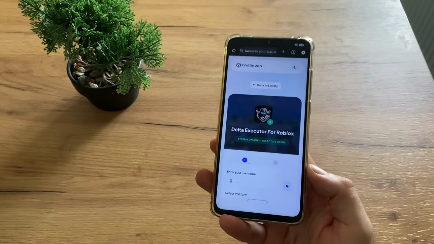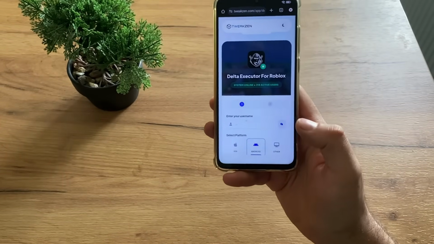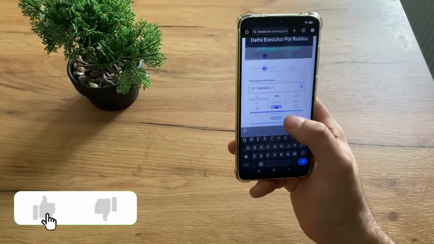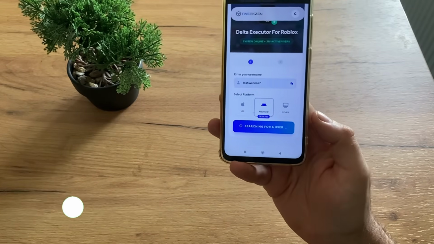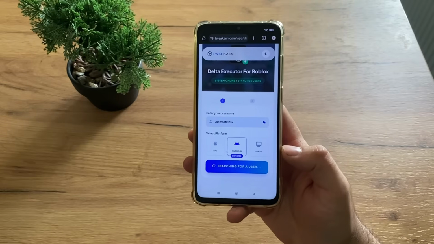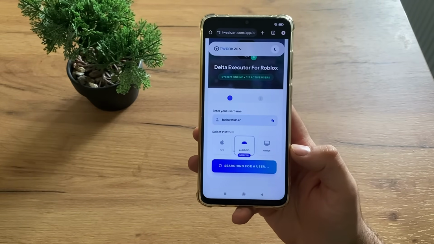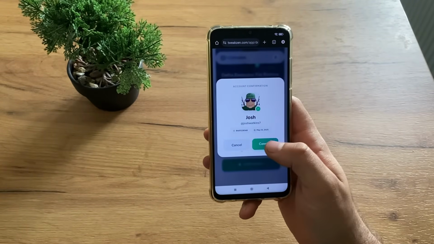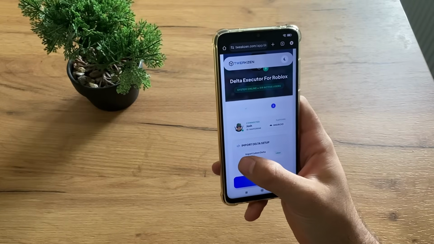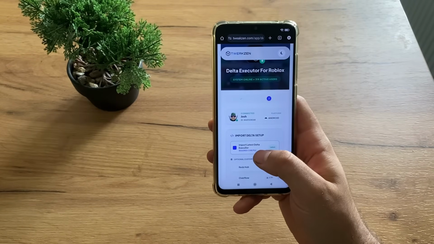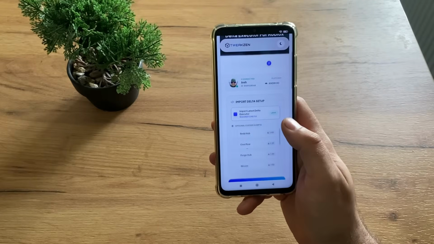Delta Executor. Okay, and now we must enter our username. So let me enter mine quickly. Let me click connect to the server and let's wait a little bit. As you can see, user found, just click connect and click here, import latest Delta Executor, and now we must